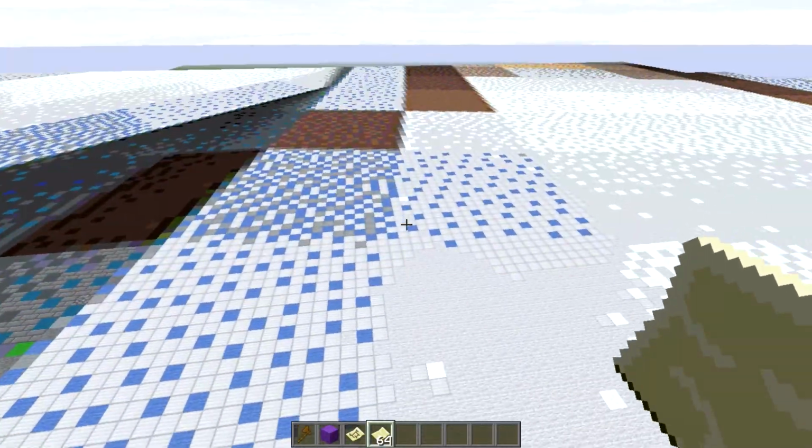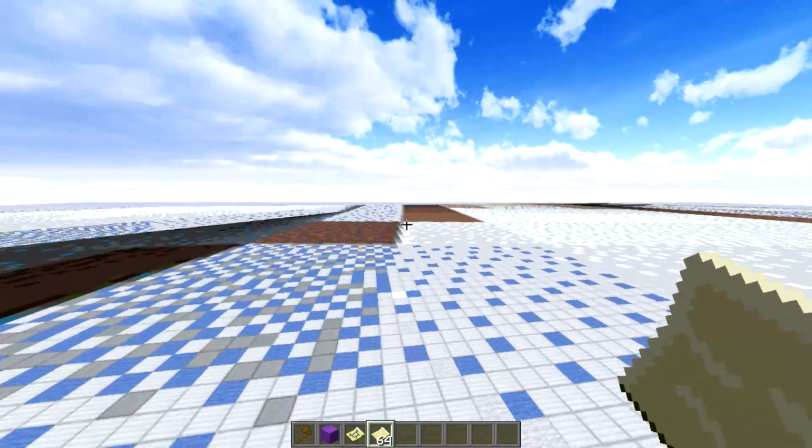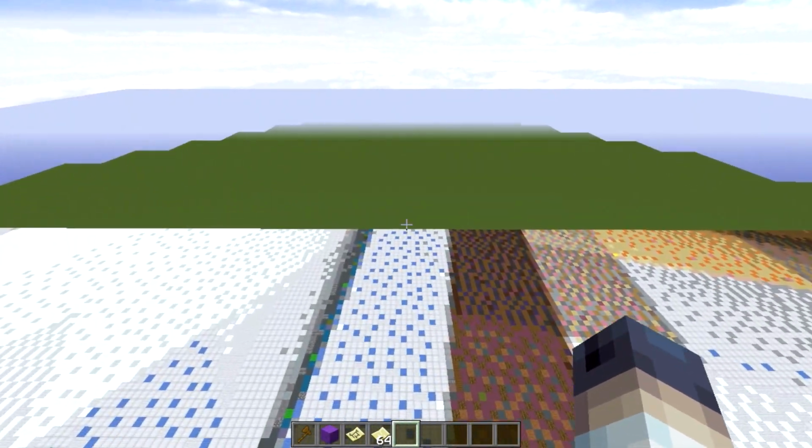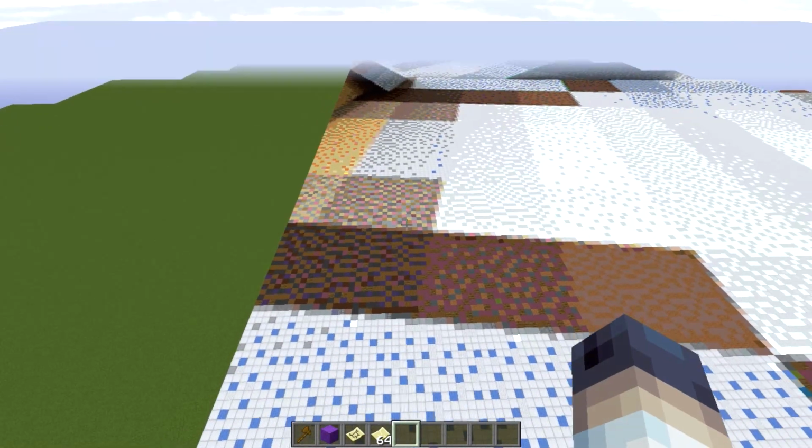It's gonna cut off somewhere over here. Let me get over there. See how it cuts off right here? The image doesn't actually stop. So what you're gonna want to do with that is get another image,